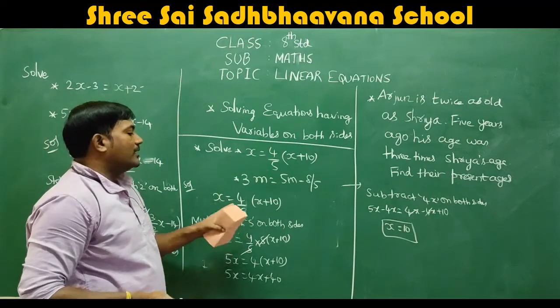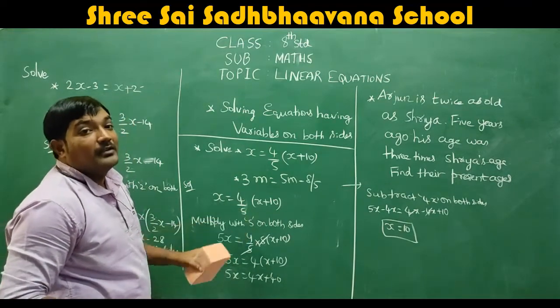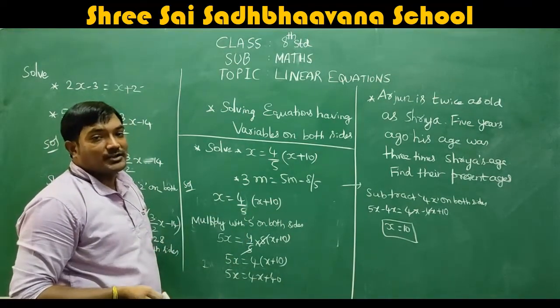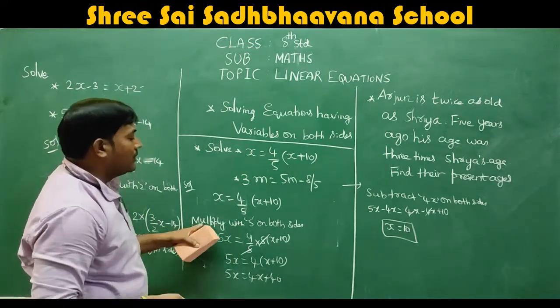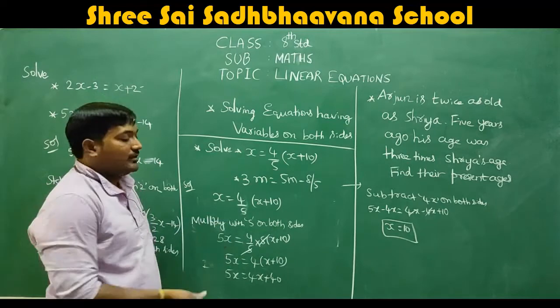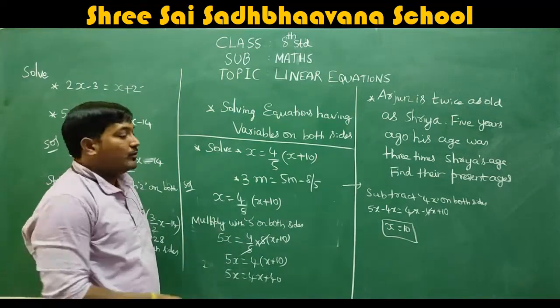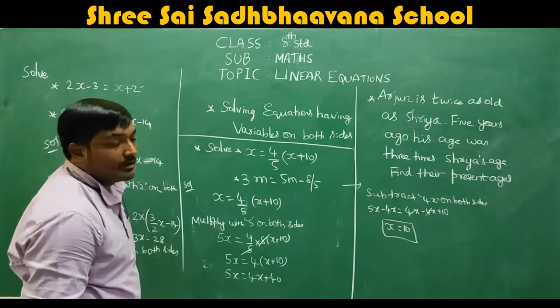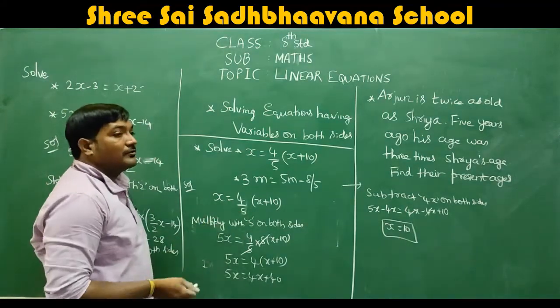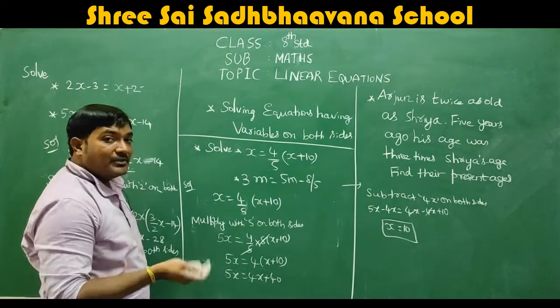Okay. After taking it, we have a fraction. So just convert the fraction into, just eliminate the fraction form. To eliminate the fraction form, I multiplied with 5 on both the sides. See, denominator, we have to multiply. Don't multiply with numerator. If you multiply numerator, again you will get one more fraction. So we have to eliminate the fraction. We have to multiply with the denominator.